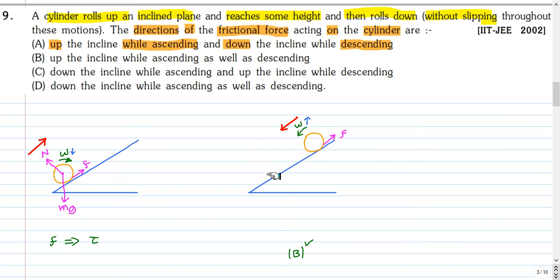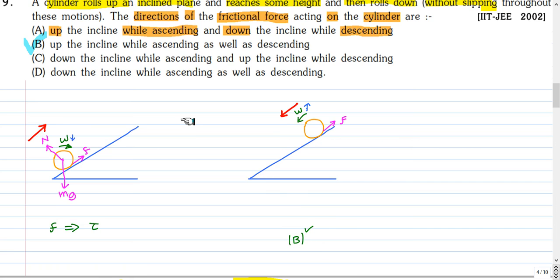Similarly, while coming down, it will reach the maximum height point where it stops rotating and will keep moving down with the angular velocity increasing. So this torque, which increases the angular velocity, should be provided by the friction. So the direction of friction force should be upwards. So the direction of the friction force is upwards the plane, both while ascending and descending. So the correct option is option B. Let's move to the next question.